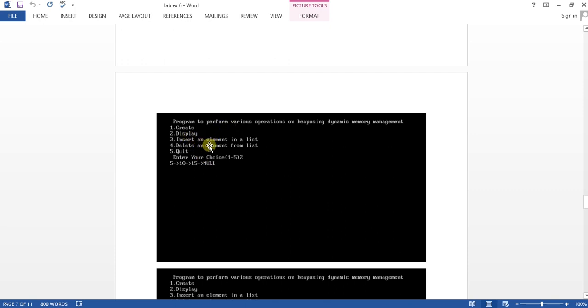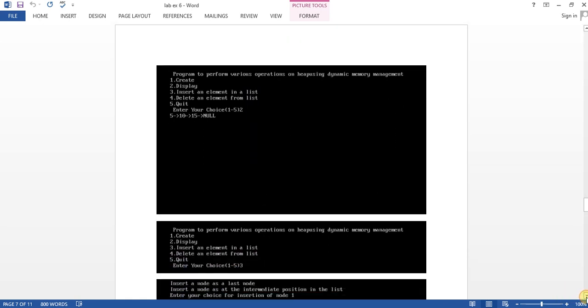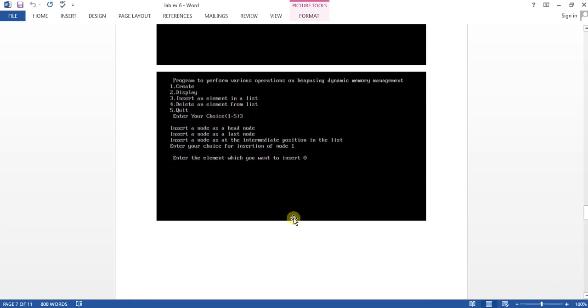After that, you may want to insert an element in the list. I gave the third choice. It asks where you want to insert: at head or at last. It asks for another option also, an intermediate position if you want. I gave my choice as one, that is, insert a node as the head node.